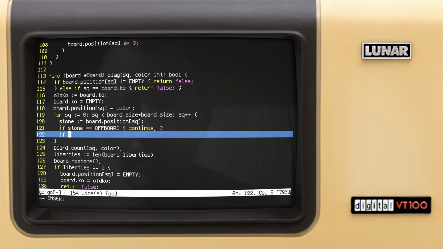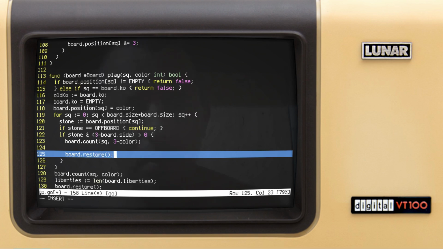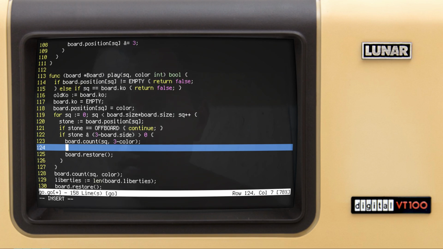If stone bitwise ANDed with the opposite color, so board side, so 3 minus board side, like this. And if this is greater than 0, okay, so we got a stone of the color opposite to the side to move. We do board count, and we're interested in this very square, and color will be 3 minus color. And then after we restore the board, and here is the condition. So I say if the length of board liberties is equal to 0, essentially meaning there are